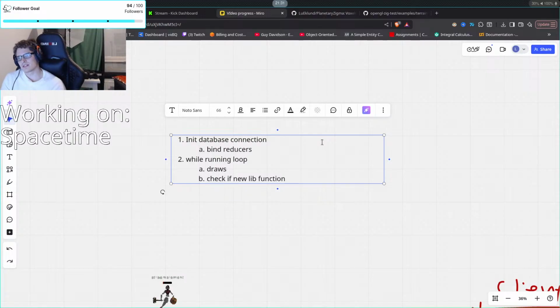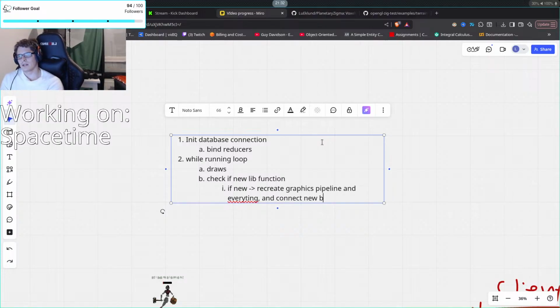And then we just need to check, if new, then we need to recreate the graphics pipeline and everything, and connect new bindings.